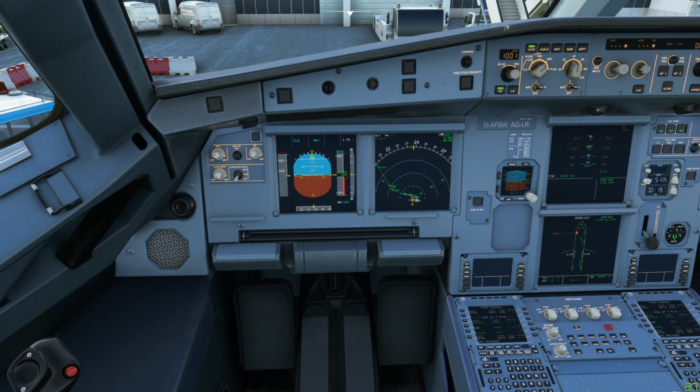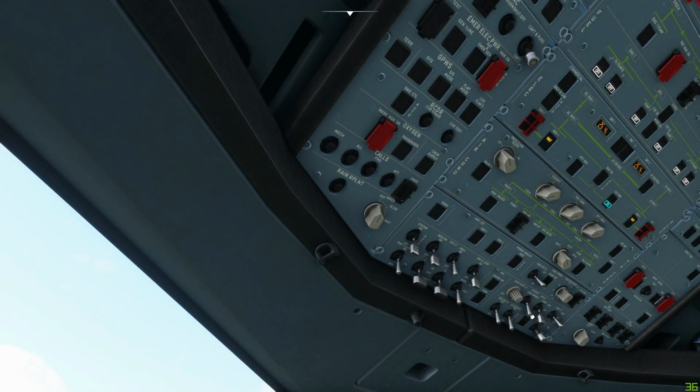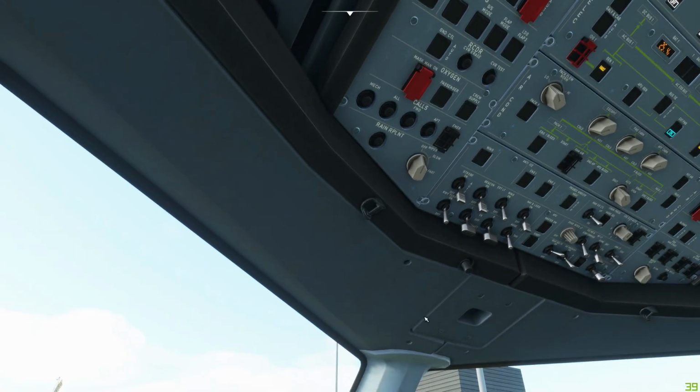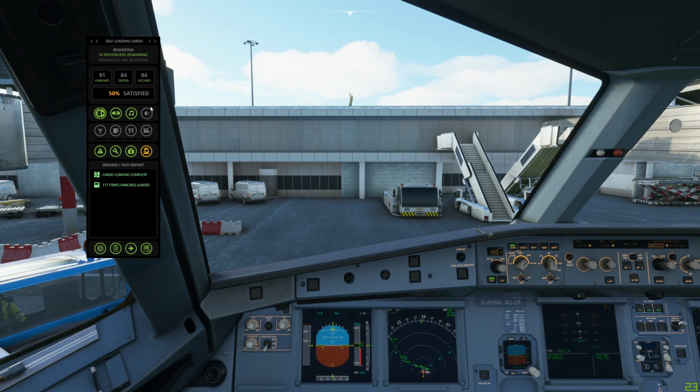We need to rush these passengers and turn on the seatbelt sign so that they can start boarding a little bit faster. That's what I was thinking. And if I show you guys the screen, cargo is loaded, we have passengers loading or coming,